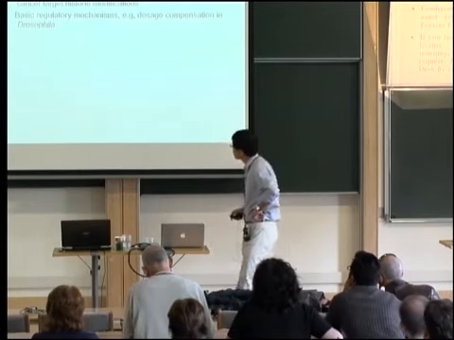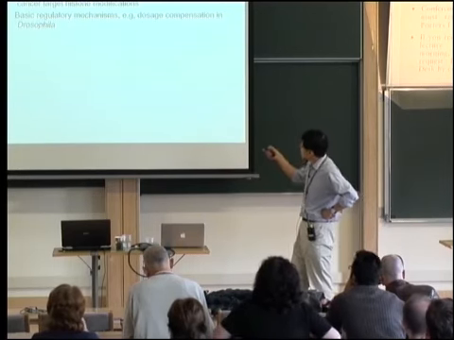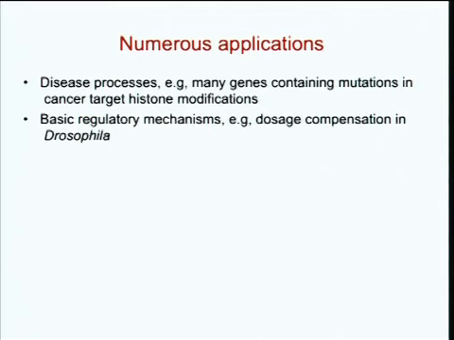Okay. So there are lots and lots of examples. This is a hot field at the moment. Lots of disease processes. Many genes containing mutations in cancer, for instance, target histone modifications. There's a bunch of papers recently on EZH2, which is a catalytic subunit of something called PRC2, which lays down these repressive marks to suppress transcription. And if you get a mutation in this gene, which is a histone methyltransferase that lays these marks, then